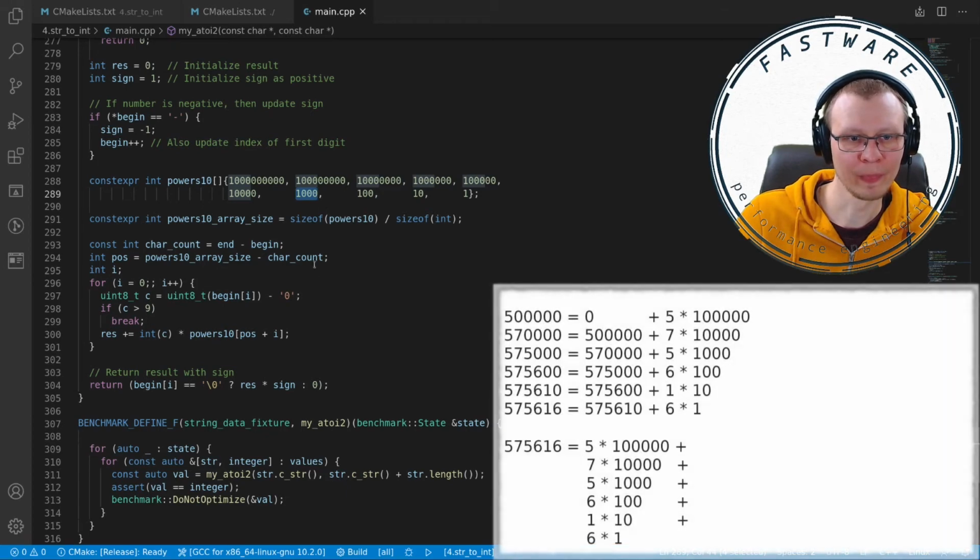So this is how the algorithm works. As usual, we rely on our modulus arithmetic here. However, our for loop no longer has an expression here. What we will do next is check if our C is in range, and if it is not, we break out of the loop. And given the result, we're just taking that C, multiplying by its power, and adding to the result. So this expression is the important part here,